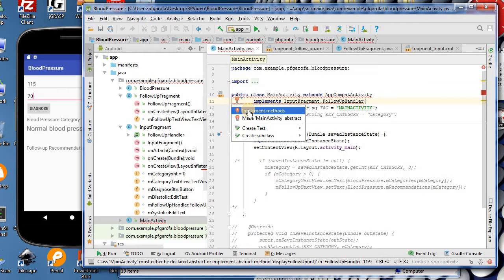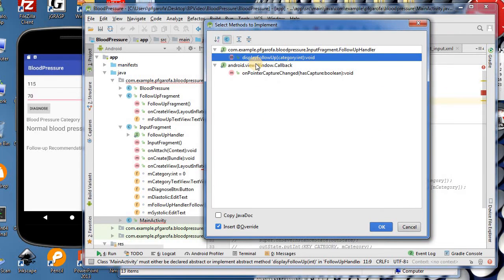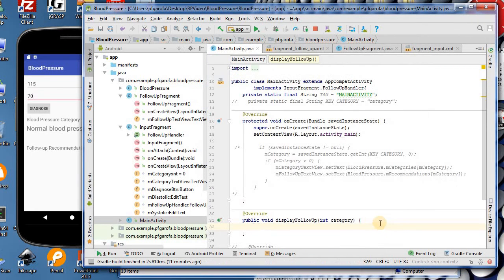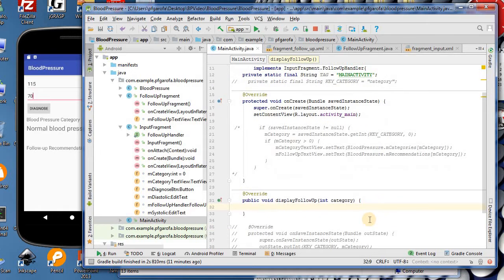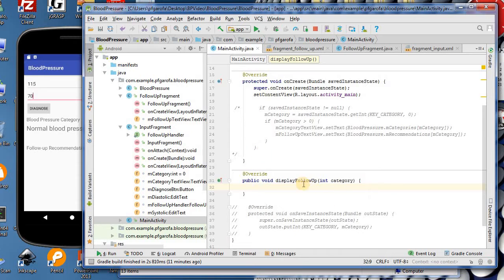So Android Studio is going to do that. So I'm going to click on that intention and click on implement methods, and it's going to ask me what method I want to implement, and I want to implement display follow-up. So I'm going to click OK on that, and it adds it to the class, and it added it right after onCreate here. So in this method, we are going to call